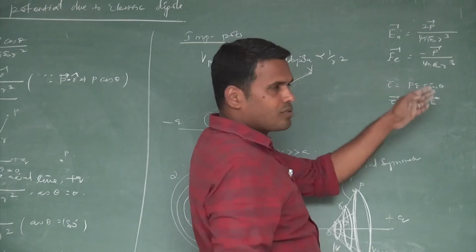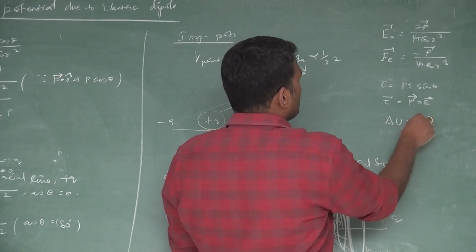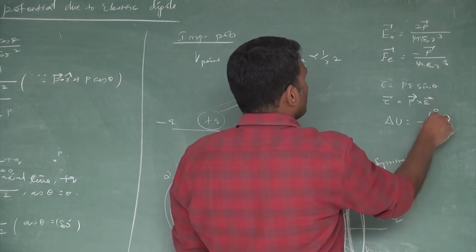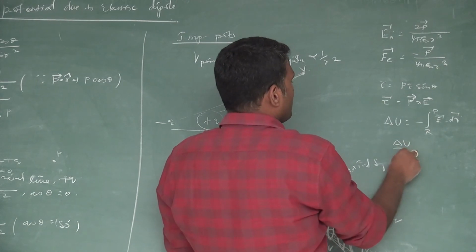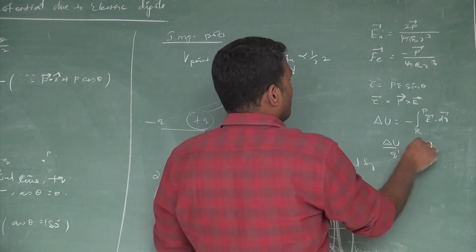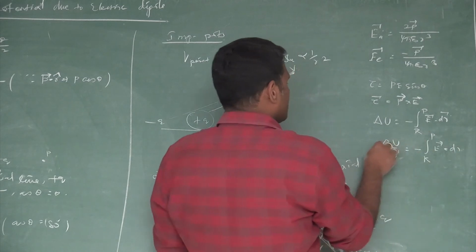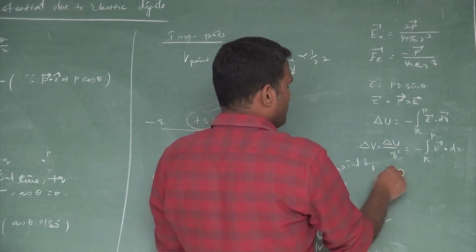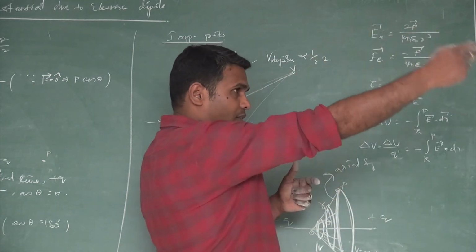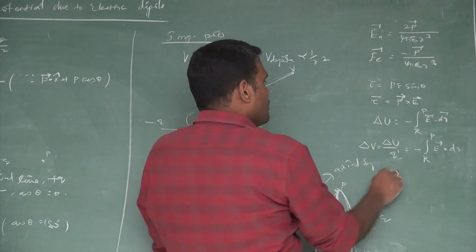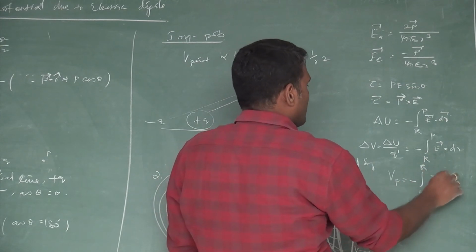And then we switched over to potentials and potential energies. The potential energy expression: delta U is equal to minus of integral r to p of E vector dot dr vector. And then potential energy per unit charge Q prime is minus of integral r to p of E vector dot dr vector, which is nothing but potential difference. And then potential difference has a physical meaning, whereas potential has not. So we assumed the reference point at infinity where potential is 0. So we calculated V p equals minus of integral infinity to r of E vector dot dr vector.